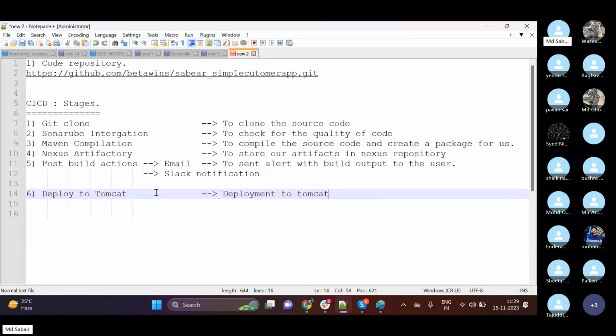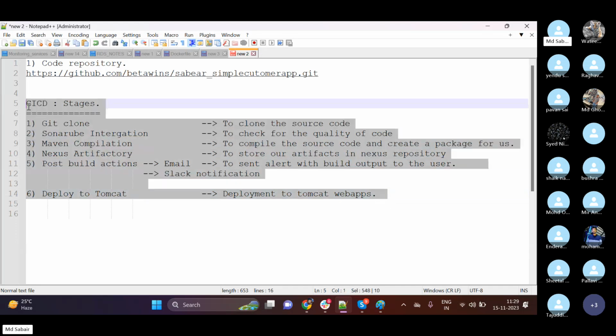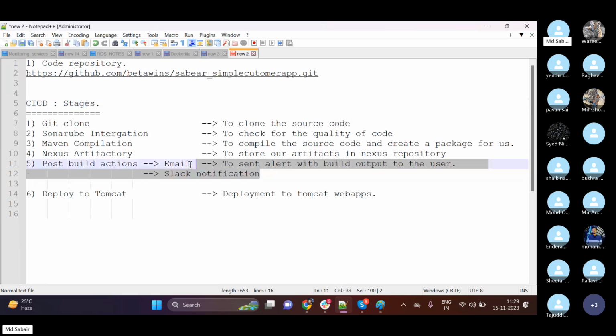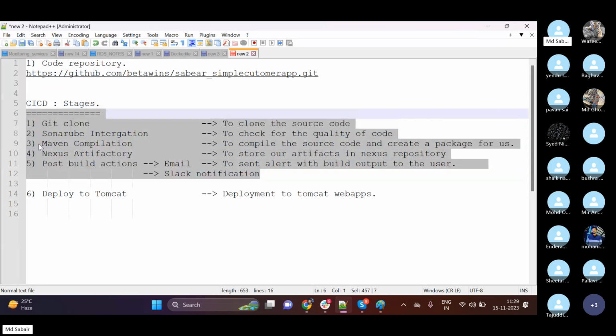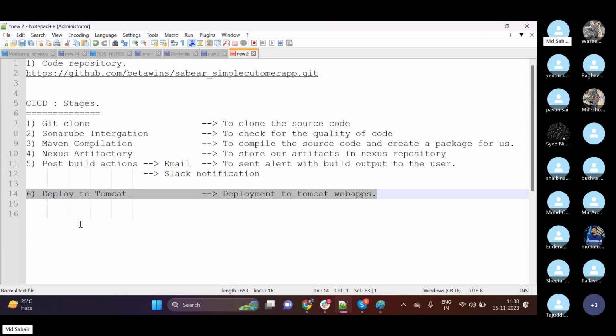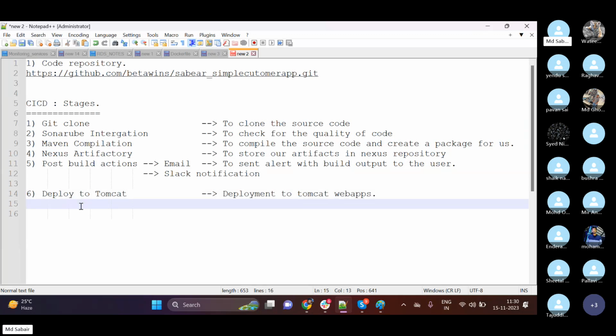Deployment to Tomcat web apps. These are the different stages which will be available in our continuous integration and continuous delivery or deployment. These 5 stages belong to continuous integration, and this 6th stage belongs to continuous deployment. For now we are going to discuss deploy to Tomcat, and later on as we progress,